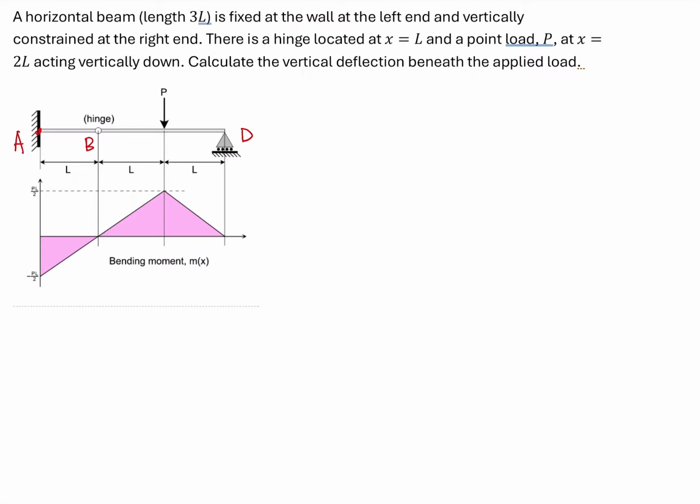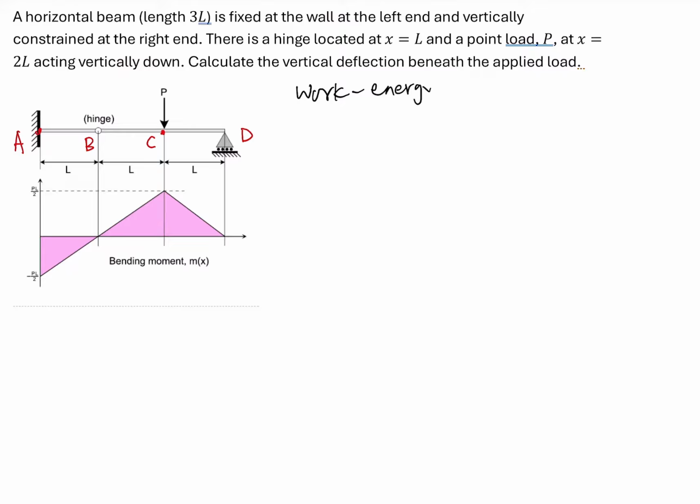So if we say the load point is C, the question is we need to calculate the vertical deflection beneath the applied load. That means we need to calculate the deflection at point C. Because at point C we have a concentrated load, this deflection is at the loading position and along the loading direction. So then we can apply the work